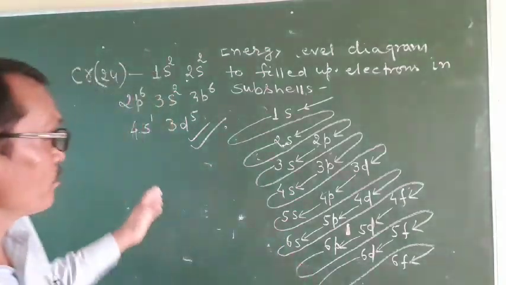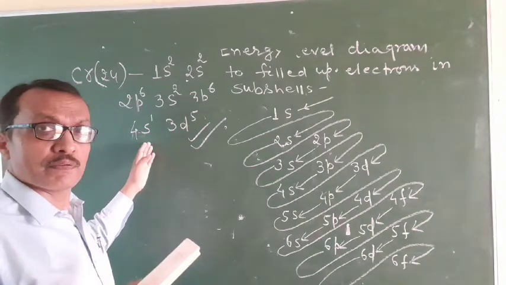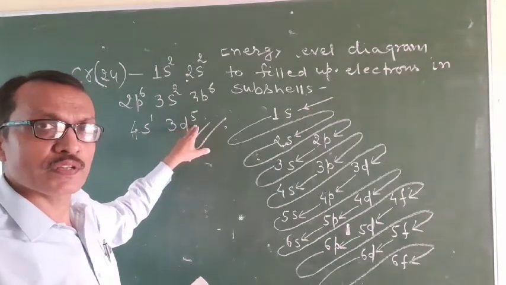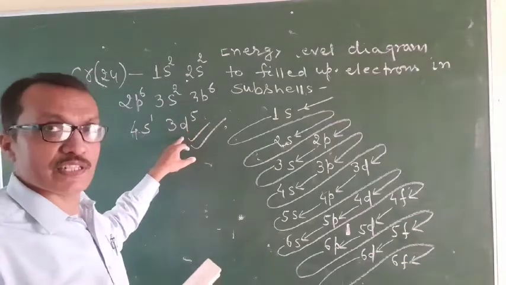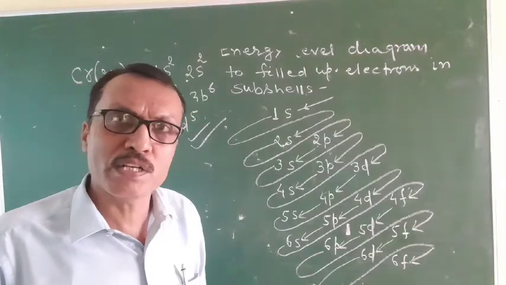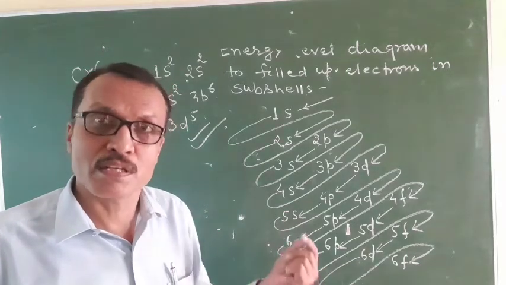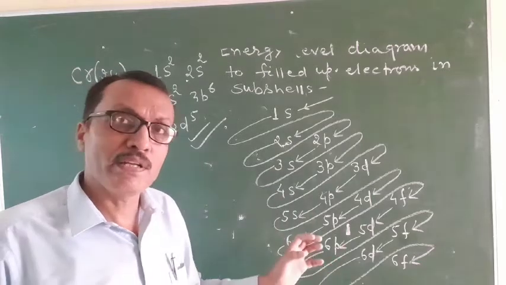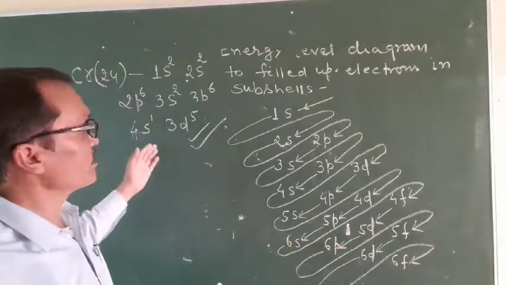So transfer takes place only where this type of possibility exists. So here the possibility exists. If 4s transfers its 1 electron to 3d subcells, 3d becomes 5 and stable, and 4s is also stable, with 1 electron, just half of its capacity. So the stable electronic configuration of chromium is this.